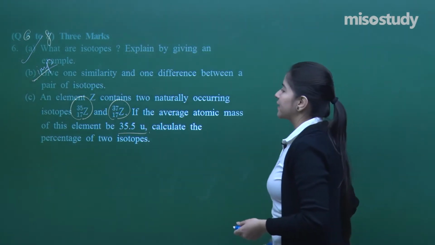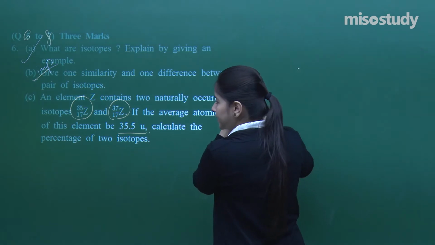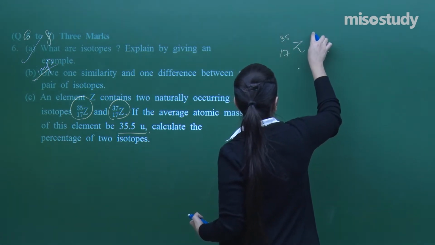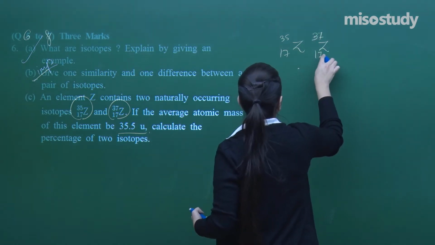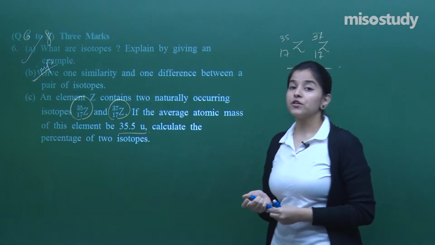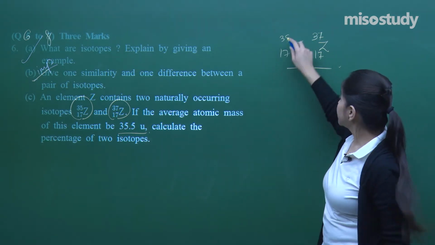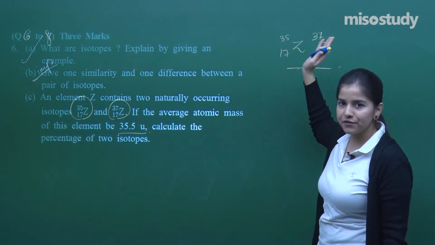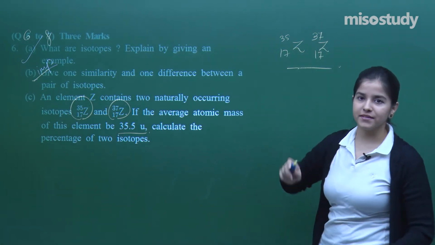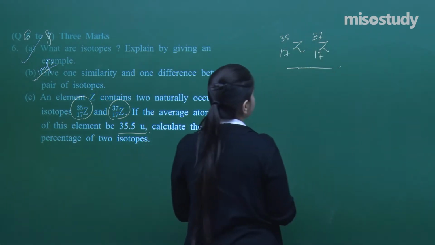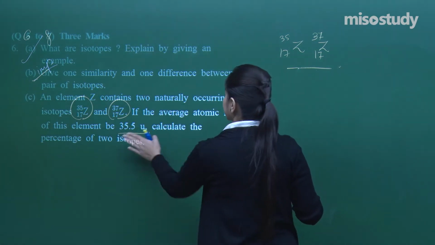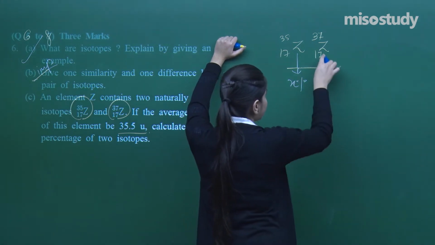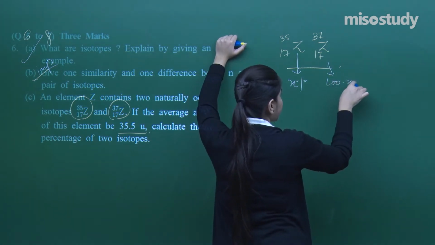So what they are trying to say over here is, these are the isotopes given, and you know why the average atomic mass occurs? The average atomic mass occurs because of the different masses of the different isotopes present, and the different isotopes are present in different abundances, that means different percentages. So I need to calculate the percentage of the two isotopes in my sample. I let one percentage be X%, another be 100 minus X.